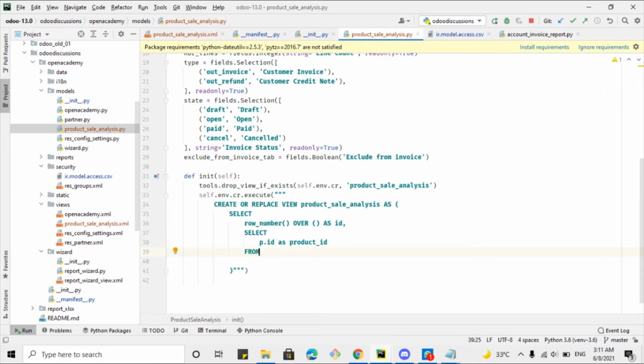from product model is p, and we can also write it like this. So we need to get the id of the product from the product model, and then we need to add here a left join to get all the invoice lines against this product. So here we will have to add left join